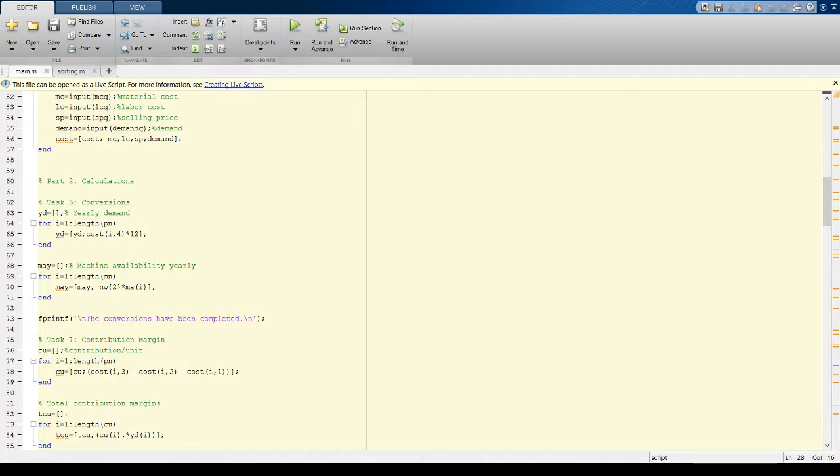So first we make sure we get the yearly demand. They have inputted the demand per month, and then we're calculating the yearly demand and storing that in YD. Then we have machine availability yearly, where we calculate how many hours a machine can work in a whole year, since it's based off how many weeks you input at the very beginning and